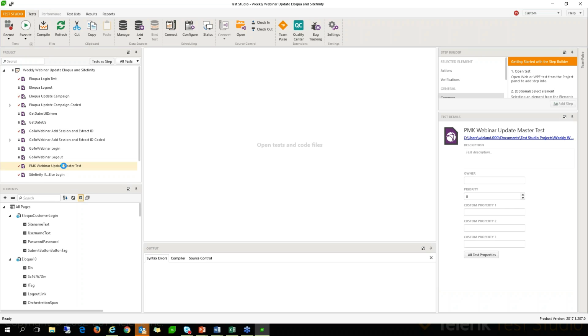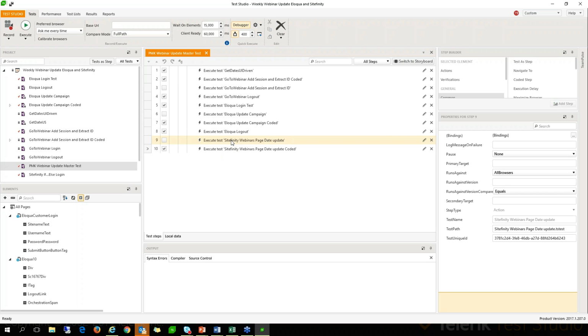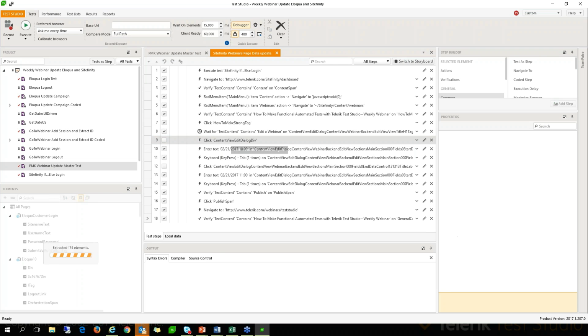This is a really cool project because it uses test to step geniusly in what I call a master test kind of scenario. You can see that every step here is a subtest. Some of them have some coded things that we'll talk about later on too. But one thing I like is I've got this Sitefinity test here, one of our great CMS